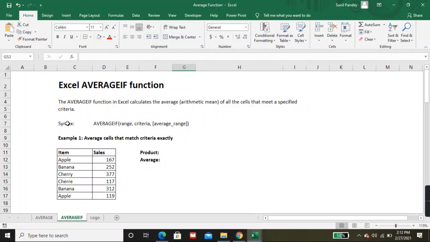Okay, so this is the syntax for average if: range, criteria, and average range. Okay, so I have prepared one table, item and sales. So I'll put a product name, like I'll put banana. Okay, and this is the criteria.